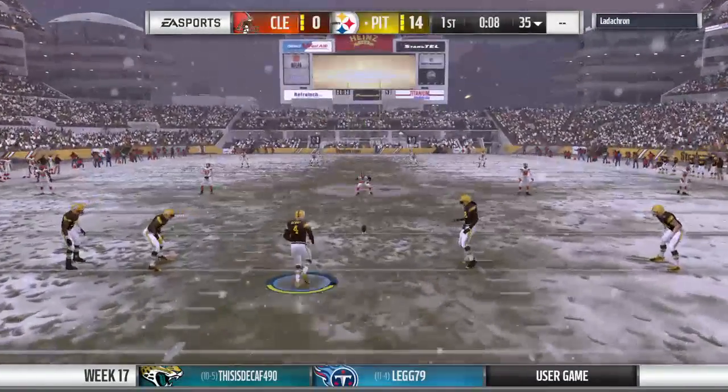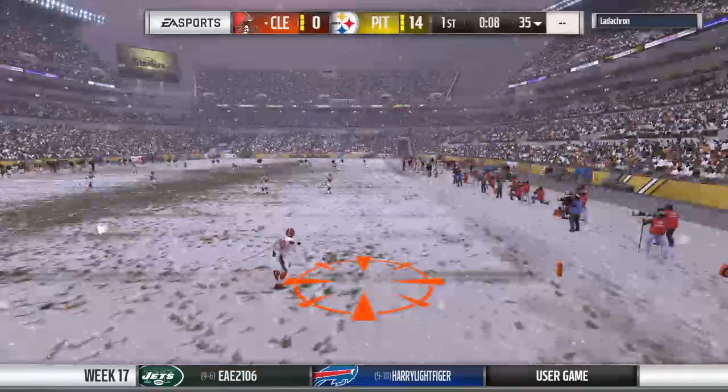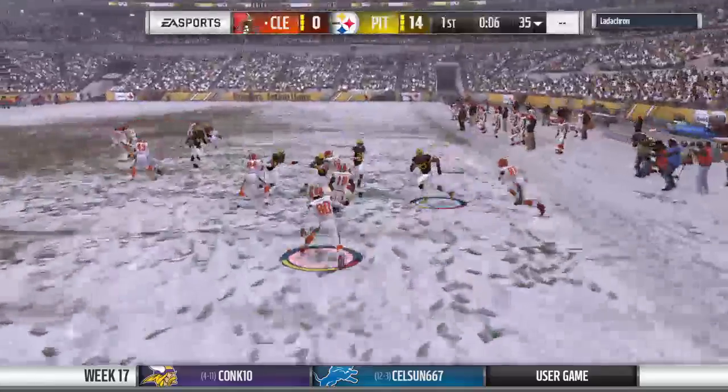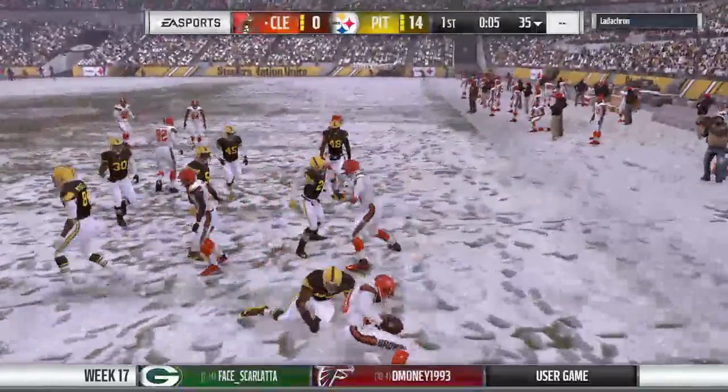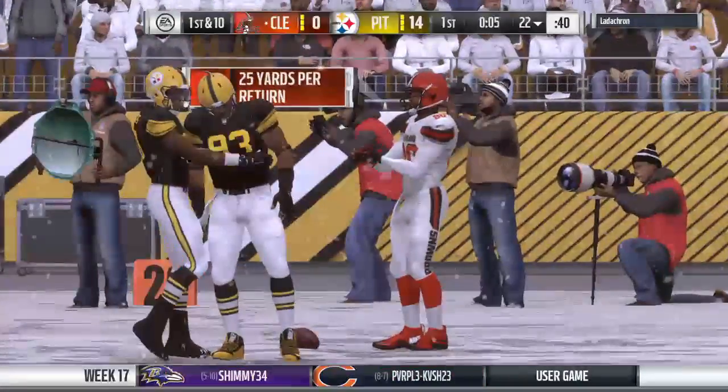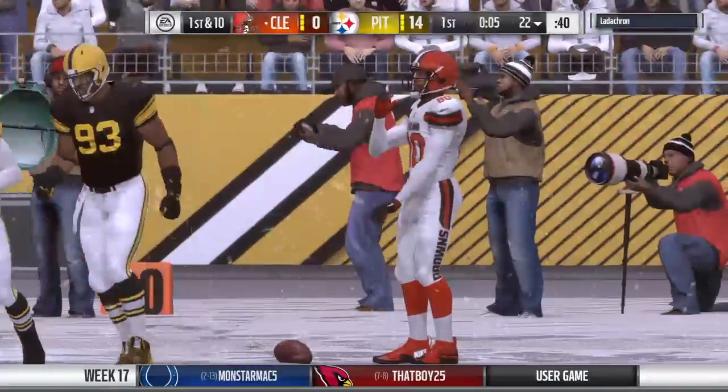Out is the kickoff unit as they run up and send this one away. This is fielded at the goal line. And he'll take this up past the 20 and down at the 22-yard line. And now Cleveland geared up to take the field. And last time was